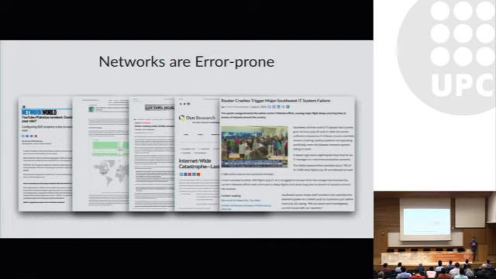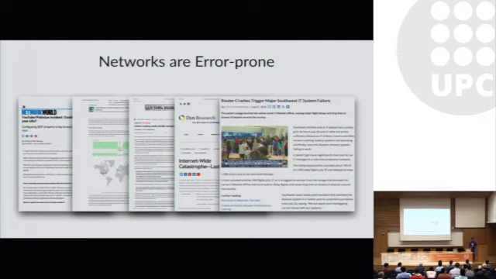So computer networks are playing a more and more central role in our everyday lives as more people gain access to devices around the world and more companies move their critical services into the cloud. But there's a big problem, which is that computer networks are extremely error-prone and they're hard to configure correctly. And this manifests in the form of large-scale network outages that happen every couple of months or so. And these outages can affect the lives of many, many people, and there are entire websites devoted to basically tracking